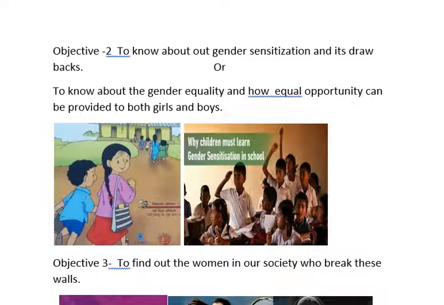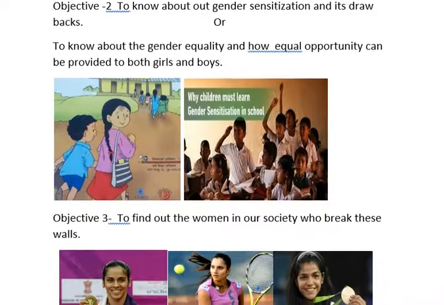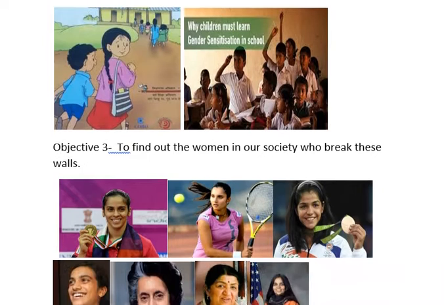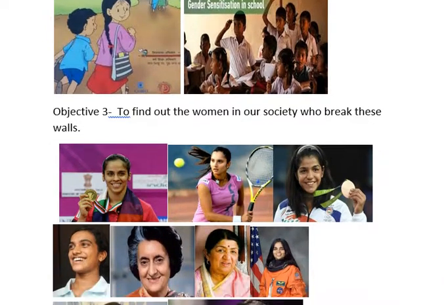and now both girls and boys are getting equal opportunities in their life on any platform, like in education, in services, or whatever they want to do in their life. Now there is no inequality or negative thing in the society, but still we have to do a lot of work in this field also. Now let's come to the third objective, and that is to find out the women in our society who break